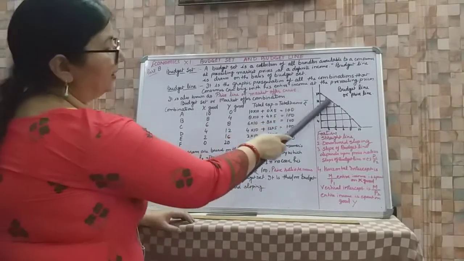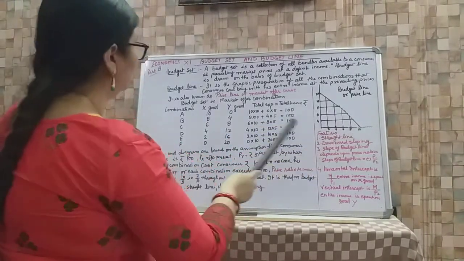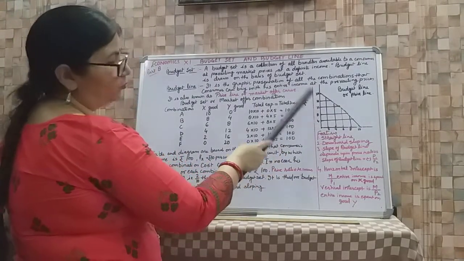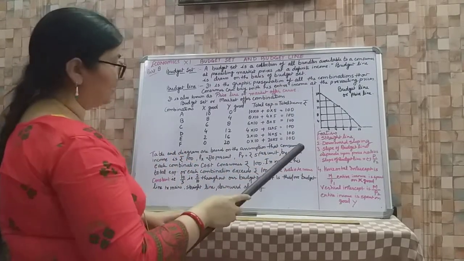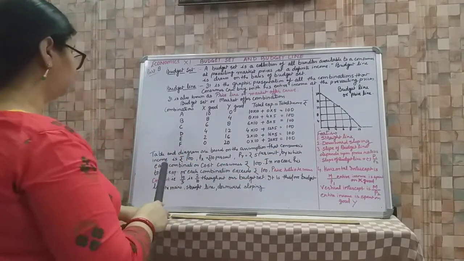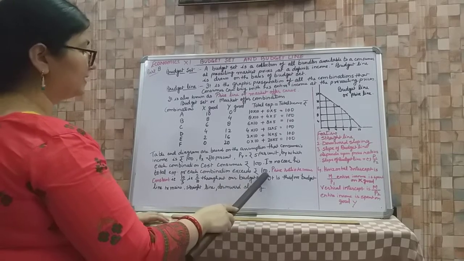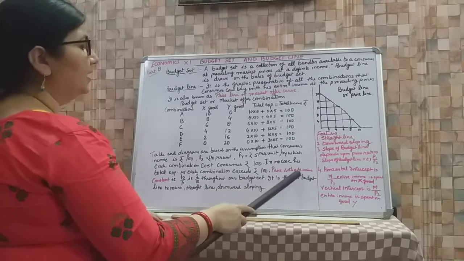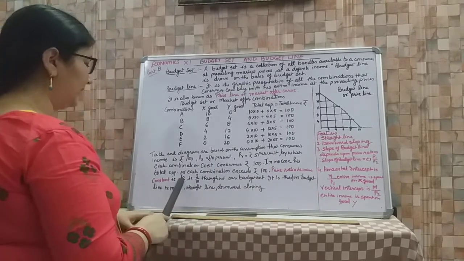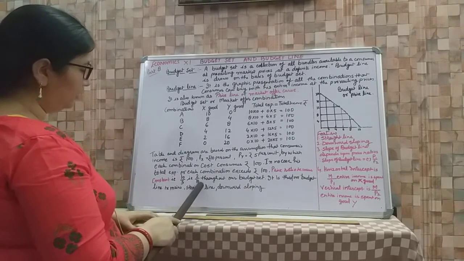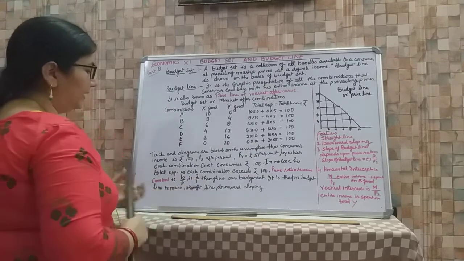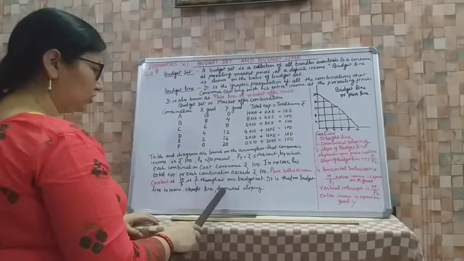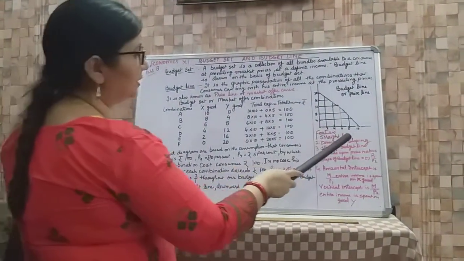Now see, the values of the X good are shown on the X axis and those of the Y good on the Y axis, and we join them, which gives a straight line. Each combination costs rupees 100, meaning in no case will it change. The price ratio remains constant, that is 10 upon 5, which is 2 upon 1. Throughout our budget set it is constant, therefore the budget line remains a downward sloping straight line. Now the features: straight line,